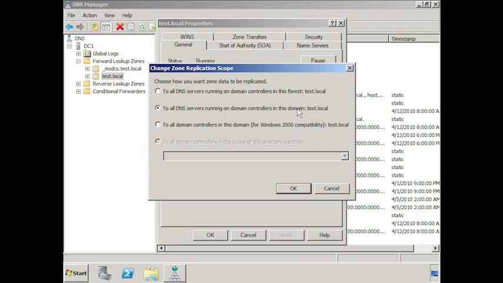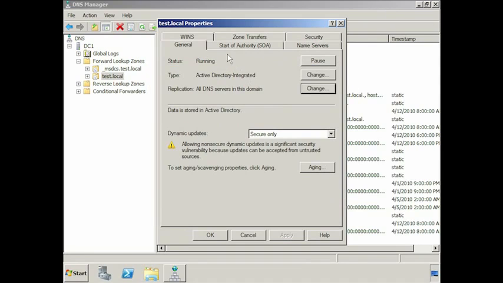Remember, this will replicate the data to all domain controllers in the domain, but it will not be accessible to your users unless you install DNS on that domain controller. Finally, if you have any Windows 2000 domain controllers, you will need to select the last option. Even though this zone is replicated with Active Directory, if I now go to the Start of Authority tab, you